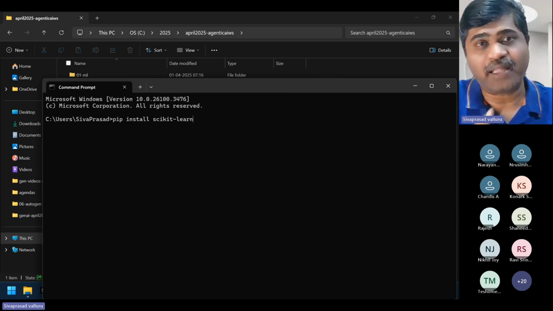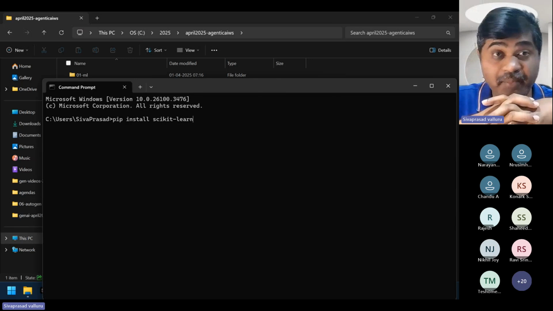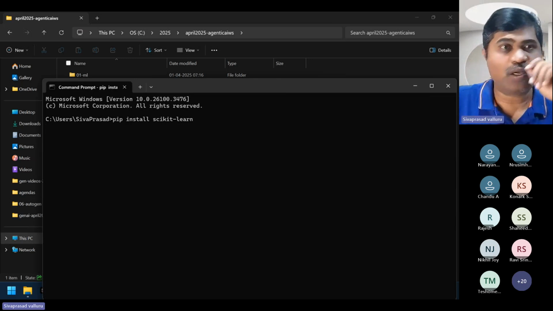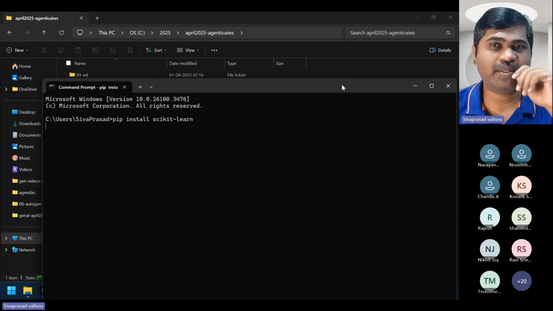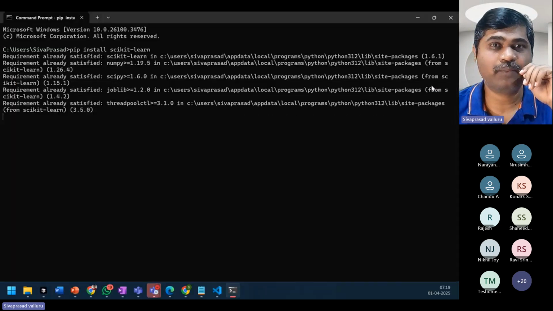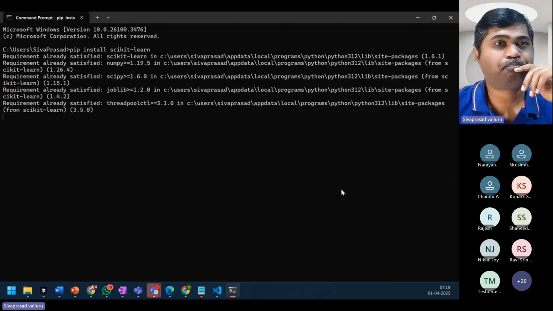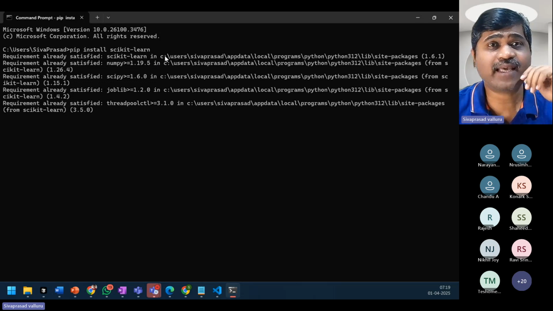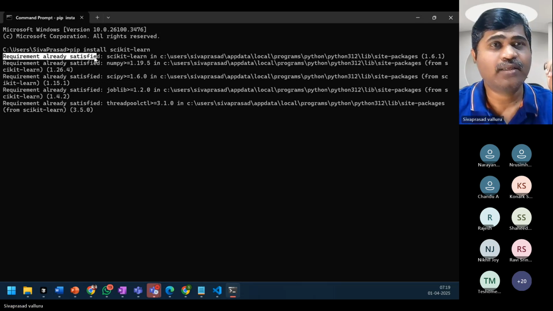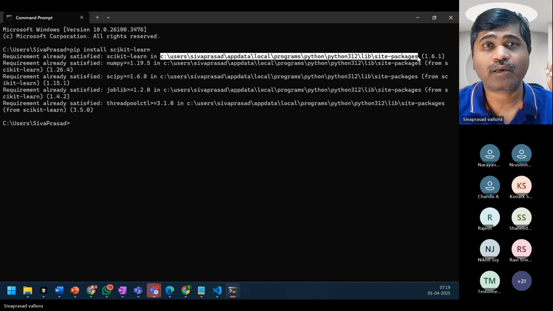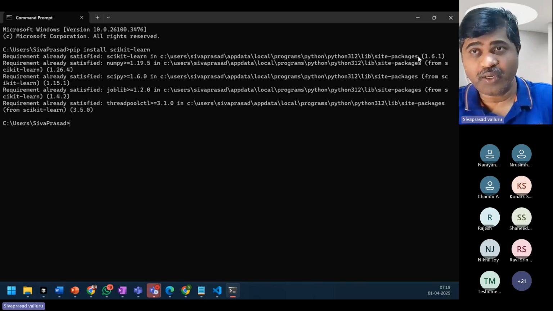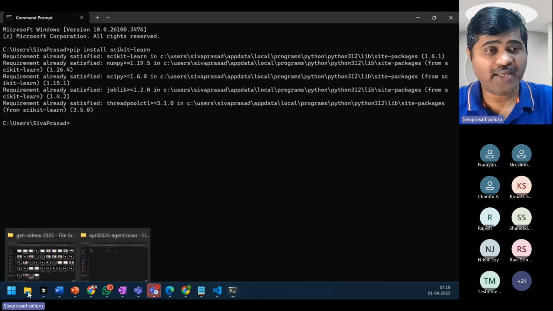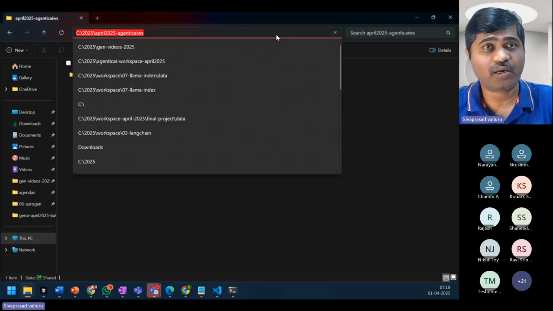Actually, this is a Python module which contains the machine learning algorithms. Suppose if I install, let us see what will happen. Pip install scikit-learn. I'm just typing. It is saying that the requirement is already satisfied. Scikit-learn is under this folder. Let me go and check that folder.